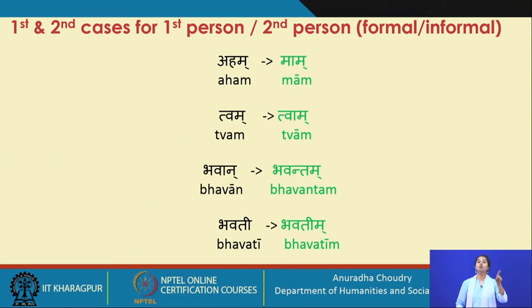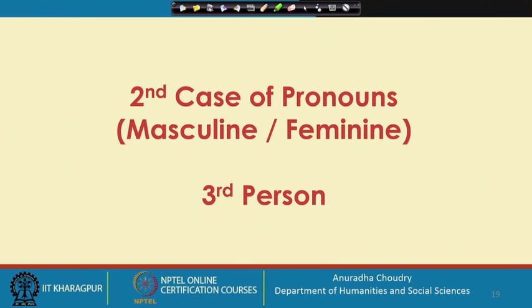So, saha twam pashyati. For respect, for masculine, bhavan asti, aham bhavantam pashyami. Feminine, bhavati asti, aham bhavatim pashyami. Now, let's look at the second case for pronouns in the masculine and feminine, but for the